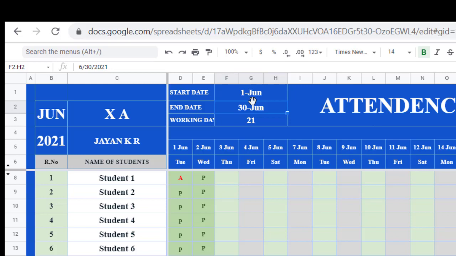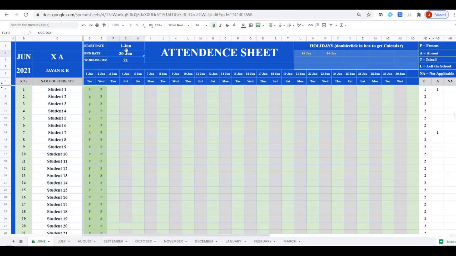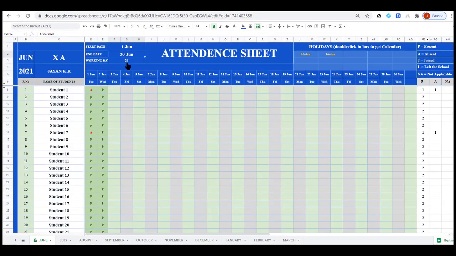When you select this, all the Saturdays and Sundays will not be included. Total working days are coming here. So in this month there are 21 working days in total, and this month's calculation will happen based on 21 working days.